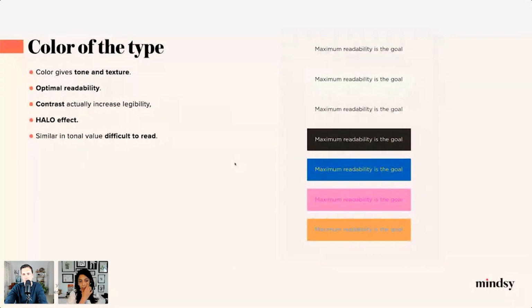So be careful with that. And similar tonal value, like the last two, pink and yellow. See, the type is placed well. It's a really clean typeface, easy to read on the black and simple background. But if it is going tone on tone, it is hard to read. So color plays an important role in readability also.